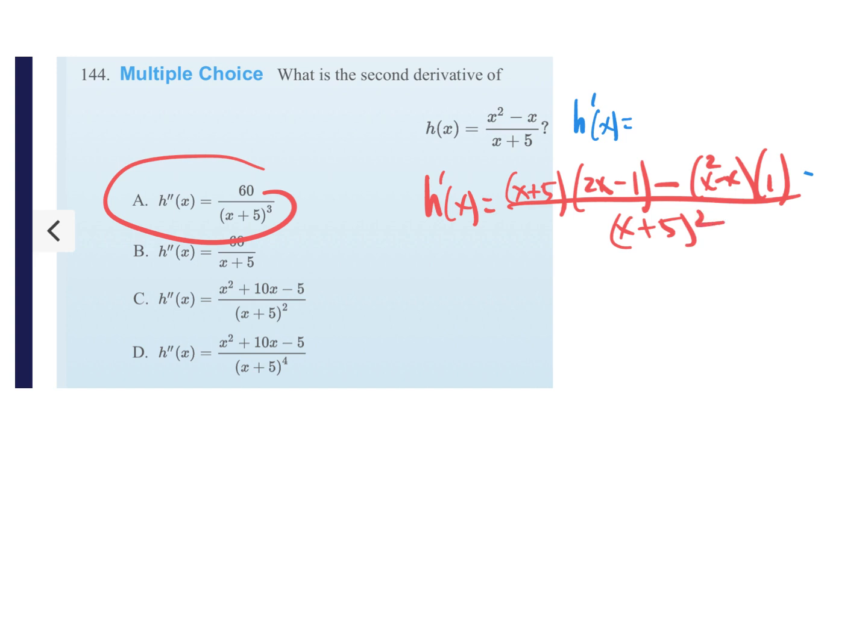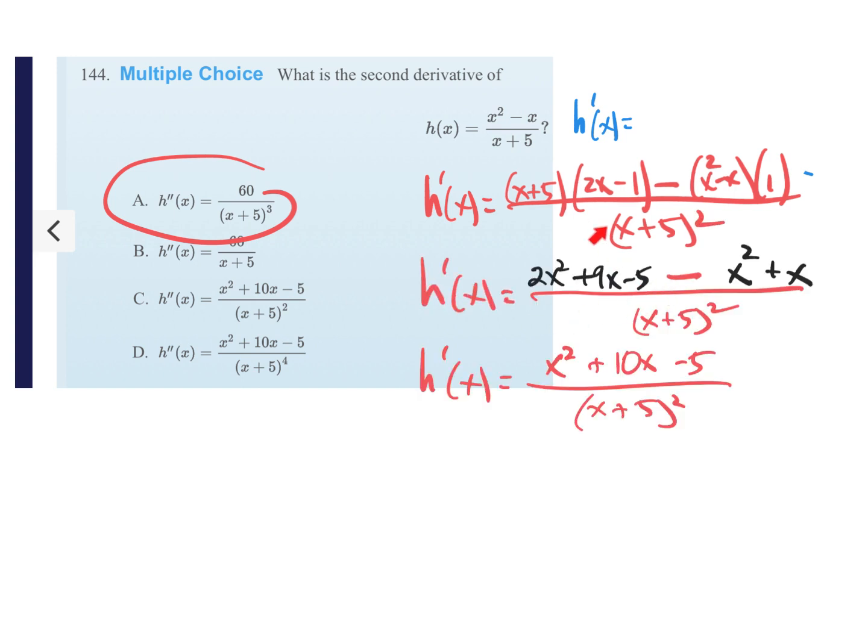Okay, let's simplify this a little bit. So simplifying this all, we get this expression. So let's do the second derivative. We'll do the quotient rule one more time. Here we go. Low d high minus high d low